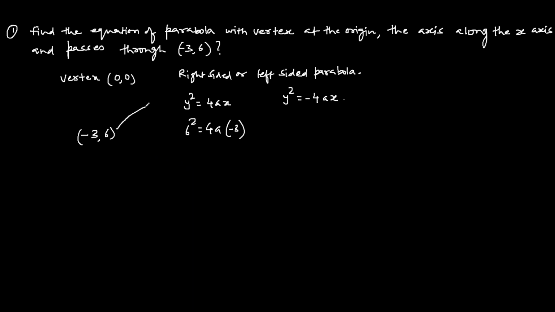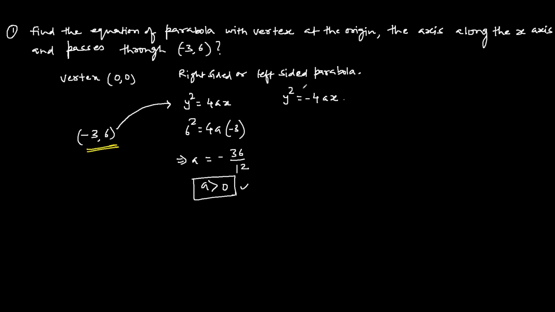If we substitute this point in this equation, then this will give the value of a as negative 36 divided by 12. And the value of a should always be greater than 0. a cannot be negative. So this parabola cannot be a right-sided parabola. So now let's